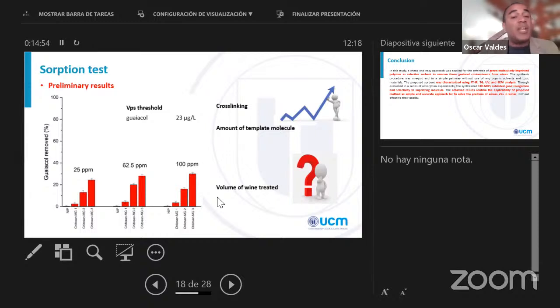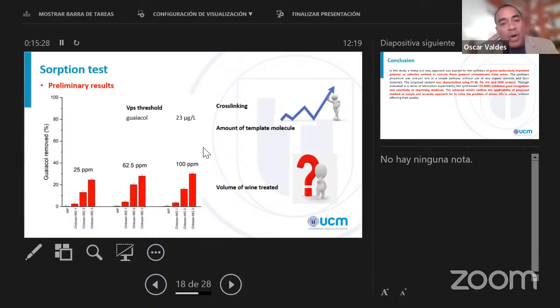Funciona muy bien. Recuerden que no se quiere eliminar completamente este fenol, debido a que es uno de los fenoles que aporta una de las propiedades organolépticas que tiene el vino. Y viendo en un vino que tuviera, por ejemplo, una concentración de 100 ppm, estamos disminuyendo básicamente un 20%, disculpen, del total de guayacol, que es lo que se quiere eliminar, de donde los resultados